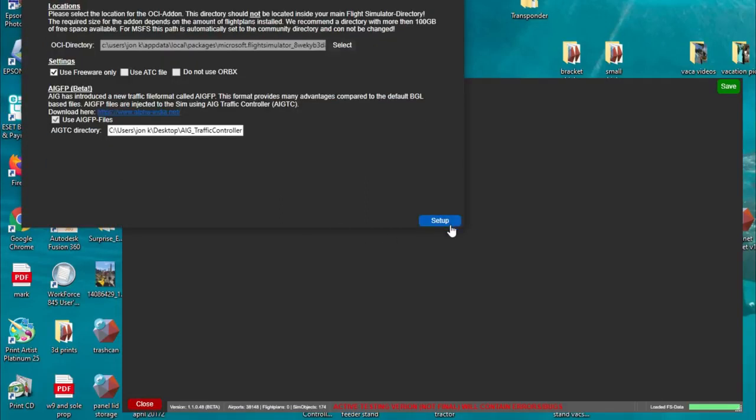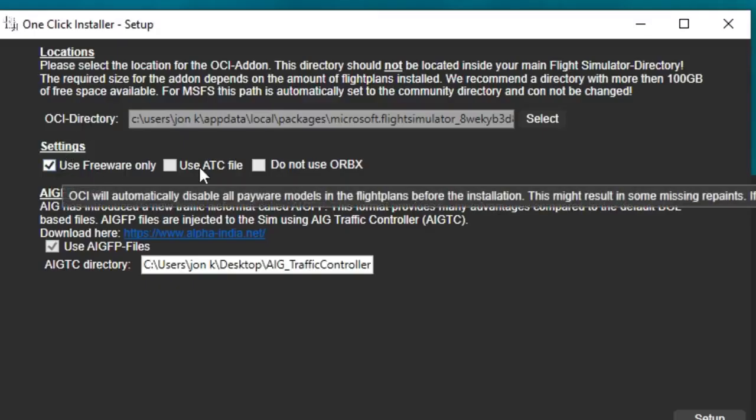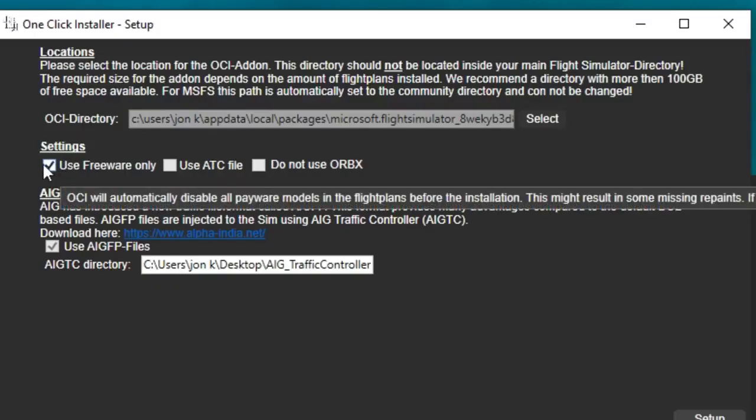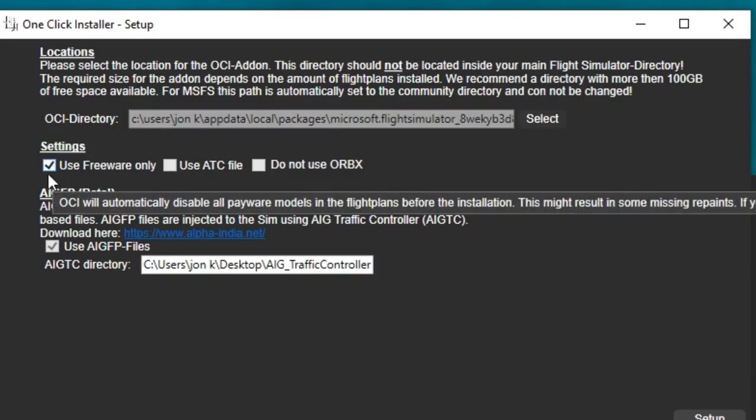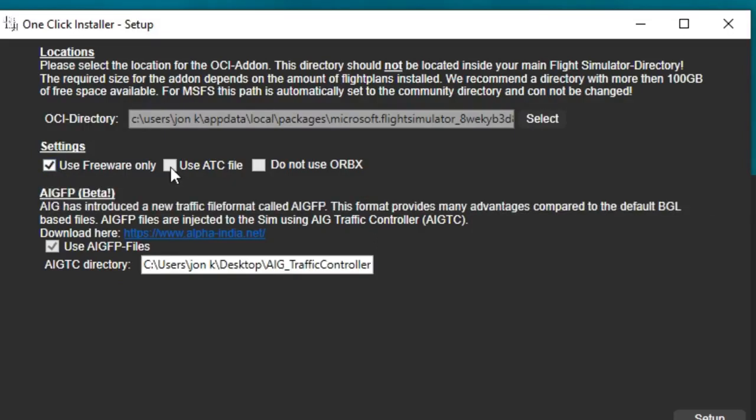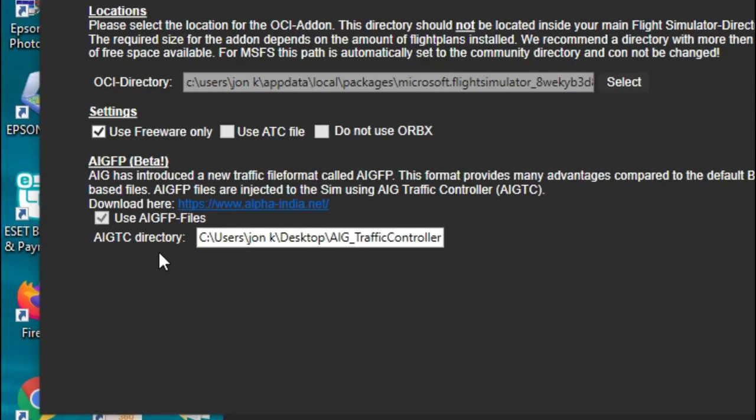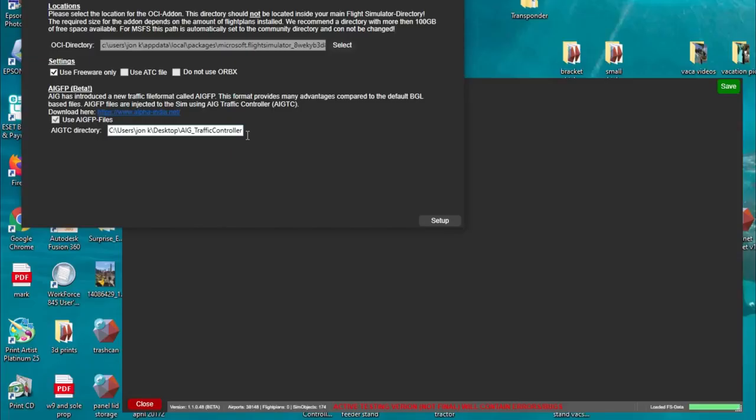Now we're just going to click on the next, and then it's going to already find the directory for your community folder. Now you can see that already listed at the top. Again, it's got a couple of these settings that we've already kind of went through. So we make sure that the freeware only is ticked. These other two can be unticked. And then down at the bottom has the AIG traffic controller directory. Again, that's why it's really important that you're not going to switch around these folders after you place them wherever you want them. Okay, so now that it has found that, all you have to do is just complete the